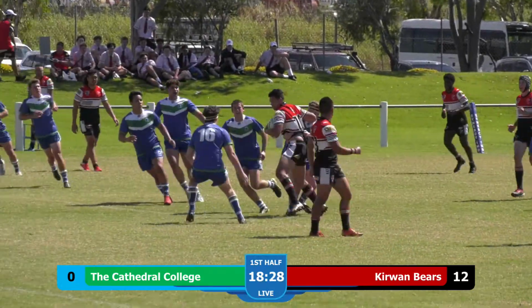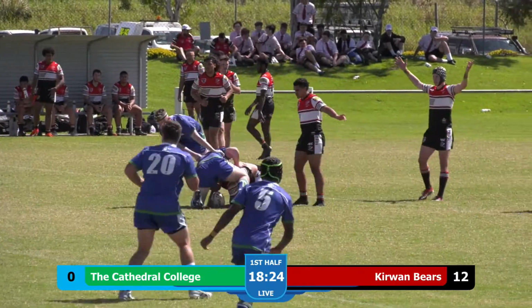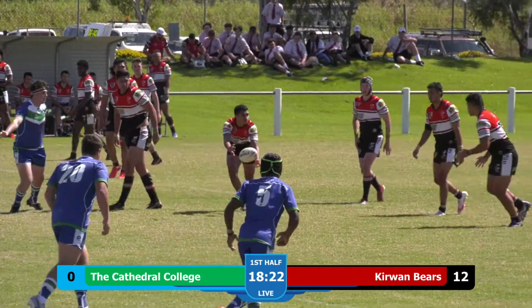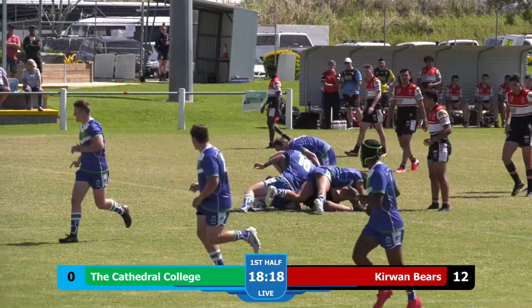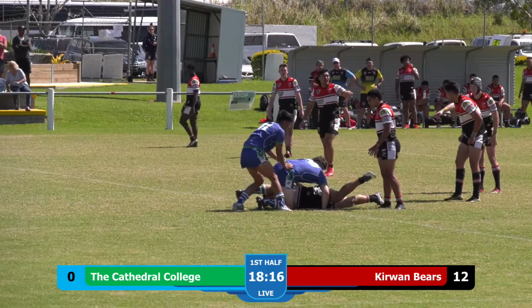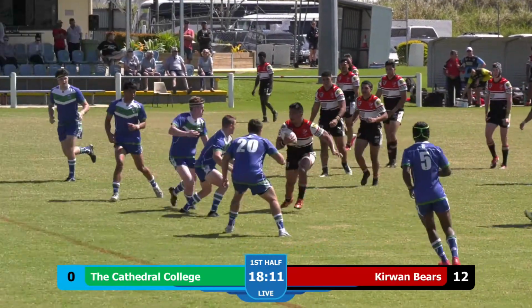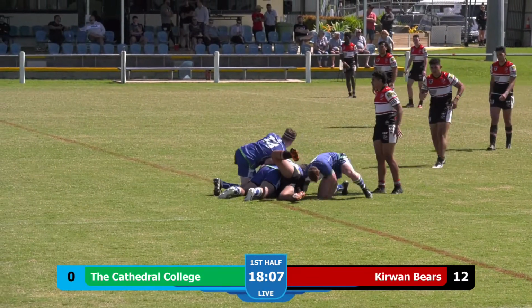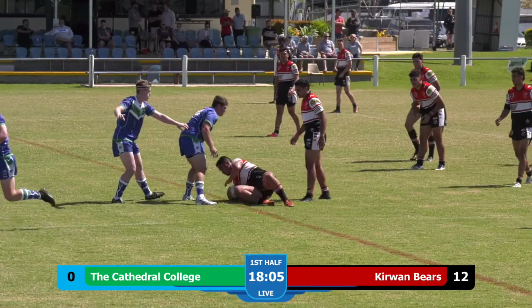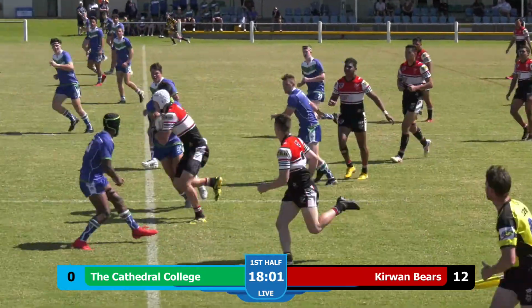We've seen both sides have shown a fair bit in attack, but defensively is where they get caught out. Righto, as Kirwan Bears strongly take it 30 metres out from their own try line. And Jeremiah Nene, the 12. Right, Tai feeds to the left-hand side. They keep coming left here. And they're going to get caught out short again if they're not careful here, TCC. And they keep coming to the left through their halfback onto the